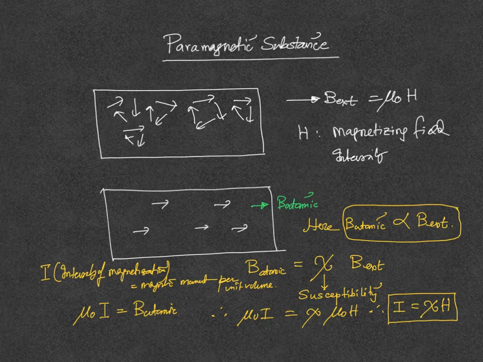It follows a curve, and even for one value of H you can have three values of I. So that's a strange curve, but for paramagnetic it's quite straightforward like this: